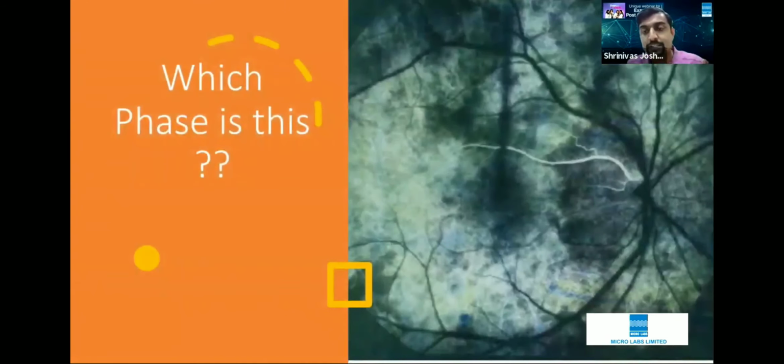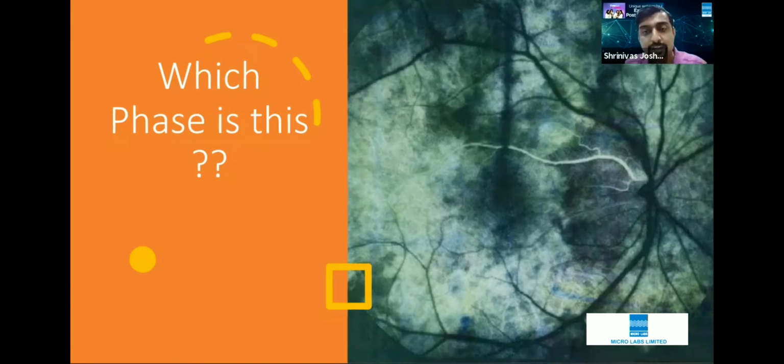Now, look at this. This is the chart given to you. What will you tell about this? See here, you see the background choroidal flush, artery is not filled up, veins are not filled up, they are all empty, but you can see some artery filling there. So what is that? The artery filling in the choroidal flush is nothing but the cilioretinal artery. So this is the fundus angiogram of the right eye, and it is in the choroidal phase because you could not see any arterial filling of the dye or the venous filling of the dye, but definitely you can see one artery being filled up when there is a choroidal flush. So this is a choroidal flush phase where there is filling of the cilioretinal artery.